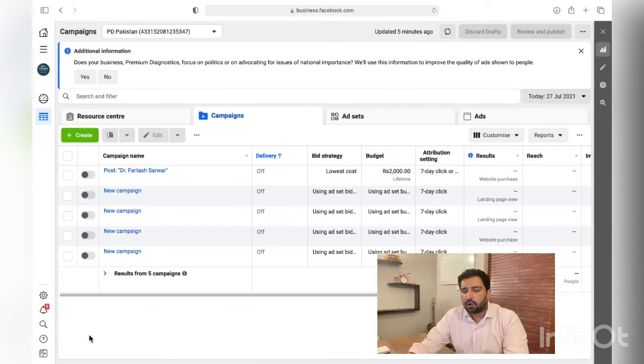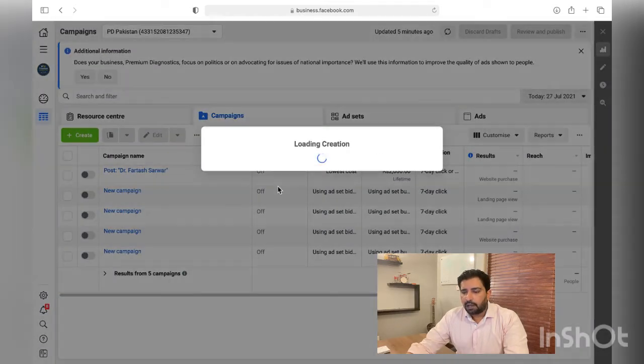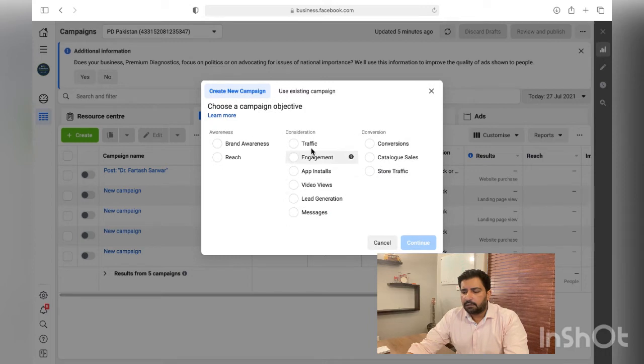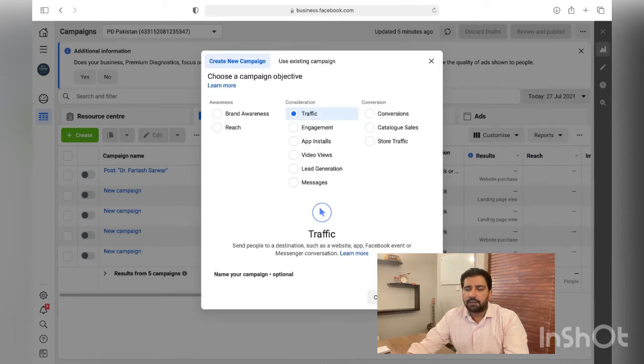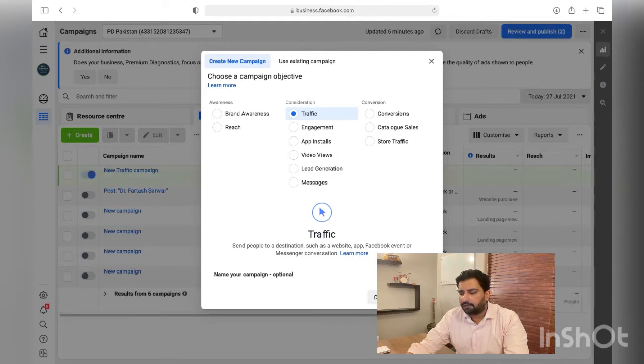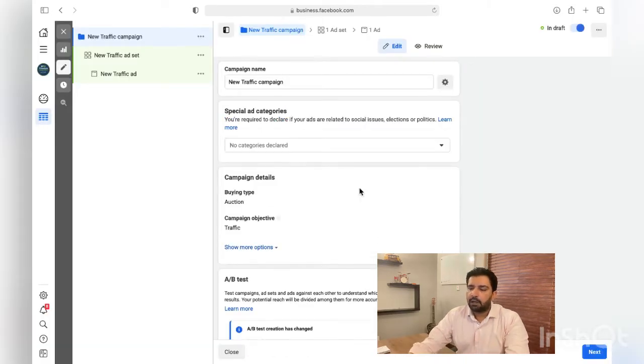What you need to do is log on to your business manager, business.facebook.com. Log into your ads manager, and click on the create button. Choose traffic and click on continue.